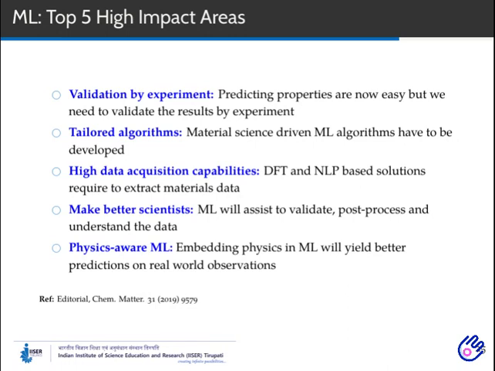Also, machine learning will not only be applicable to predict the material properties, but due to its versatility, it can be used to assist the post processing and data interpretations. So, literally, it will improve the capability to handle data. Finally, the default physics class has to be embedded into machine learning algorithms. Recently, Google engineers incorporated Newtonian principles in a robotic algorithm and made it capable of finding ball trajectories accurately. Likewise, physical laws should be implemented at many levels.